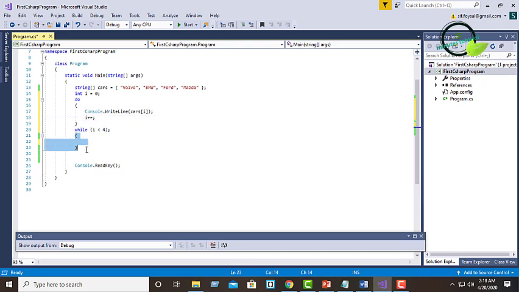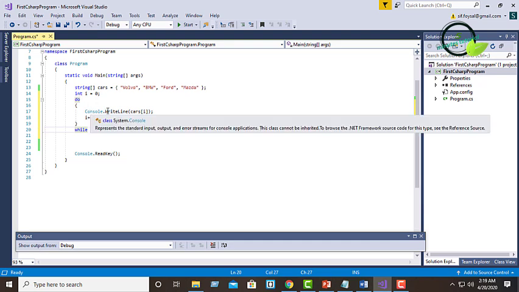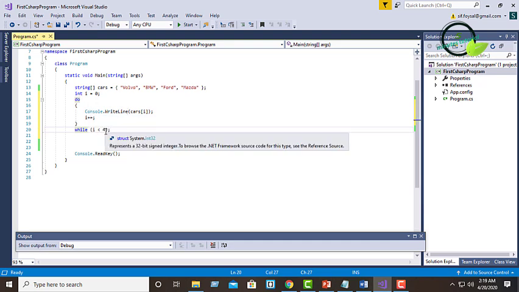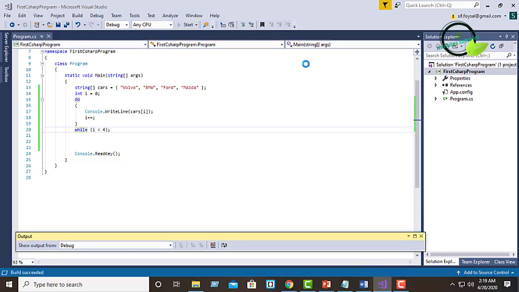So here you can see we are executing the code, then we are checking the condition. If the condition is true, then we are re-entering the do, then we are executing the code, then we are checking once again the condition. So now I am executing the code. Here is the output.